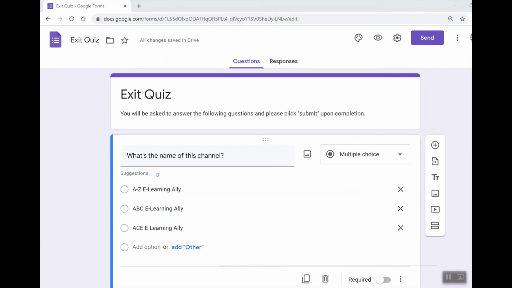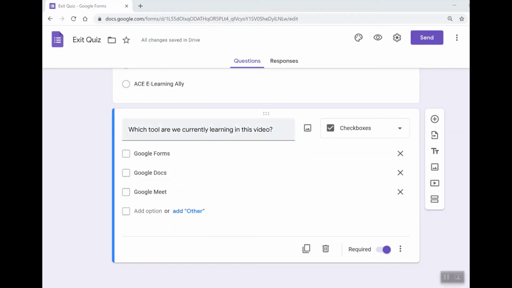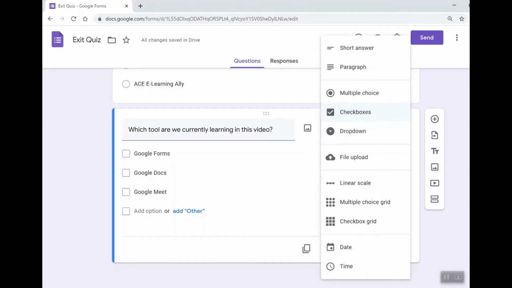You can not only copy this by clicking duplicate, but also make it required. I made the second one by clicking duplicate and changing the question and the type of the response selections into checkboxes.